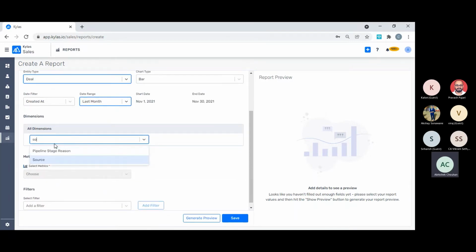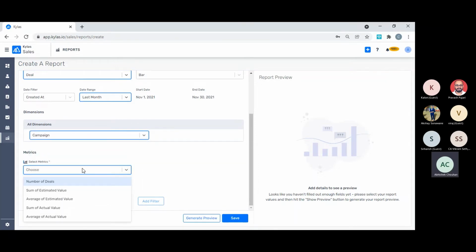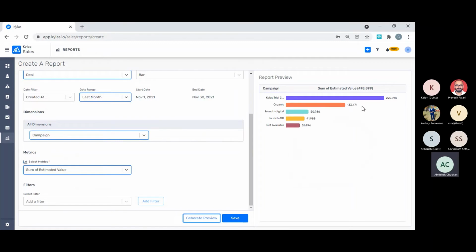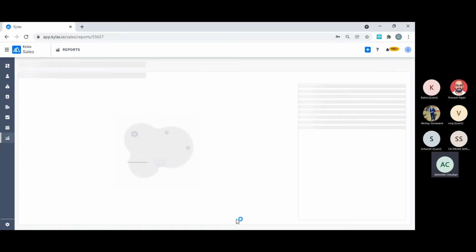Then let's say campaign. So I wanted to understand campaign, and the metric will be number of deals, or if I want to understand the revenue, then it will be the sum of estimated value. Then generate preview, right? So this gives me an idea. Let me save this report.